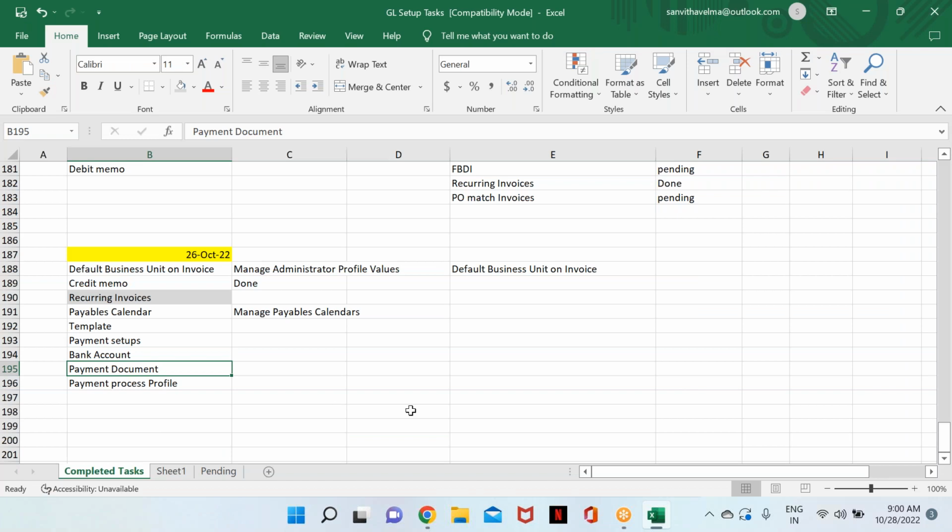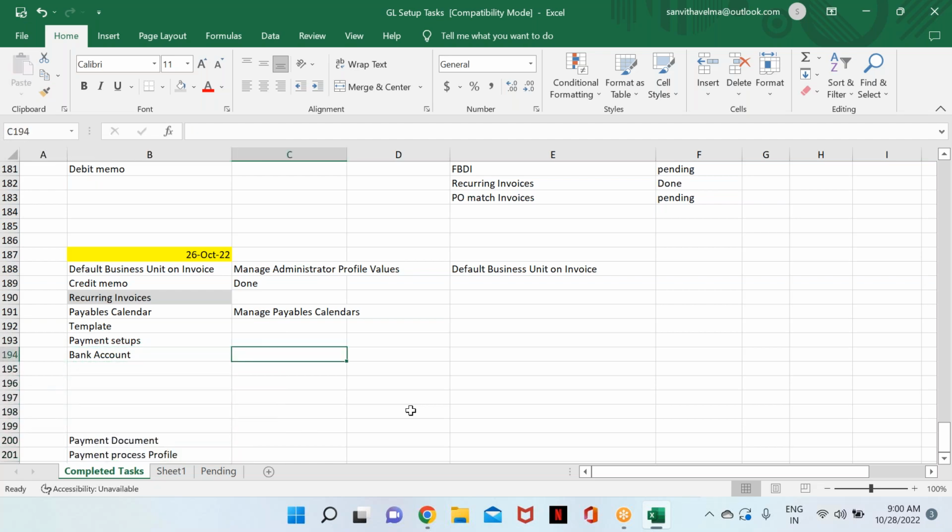Okay, so even banks in Oracle are again a kind of layered setup. First you need to create a bank. Bank will have its branch, and in the branch you will create an account, right? That is how banks function, right? If you refer to any of the banks,